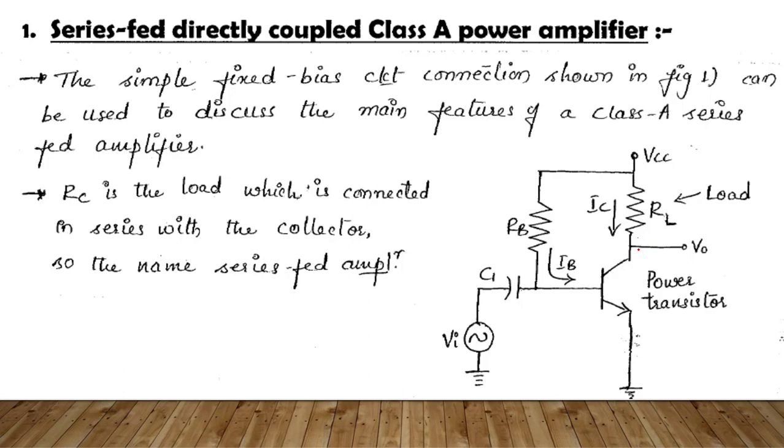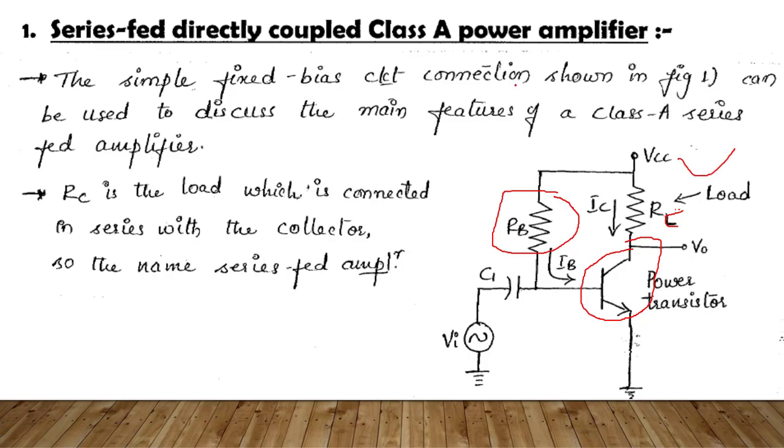In this, anyway, we are using a transistor for amplification. You already remember this series fed circuit, the first circuit in module 1 that I have done. Yes or no? RB, and here RL, or you can call it RC also. This is IC, this is IB, the input is a capacitor, and instead of R1 R2 I am taking only one resistance here. This is also called a self bias transistor, the first circuit we discussed in module 1.